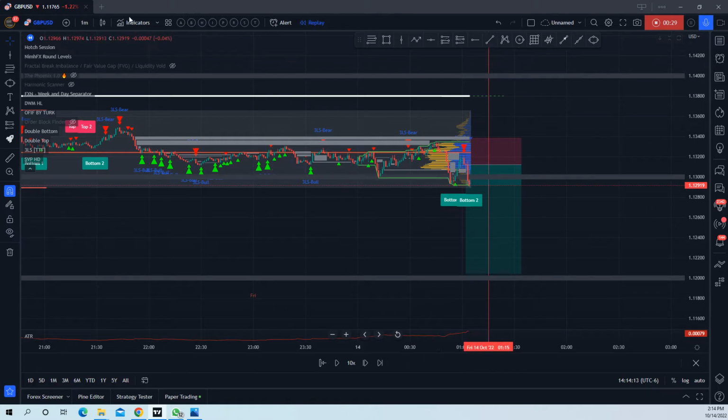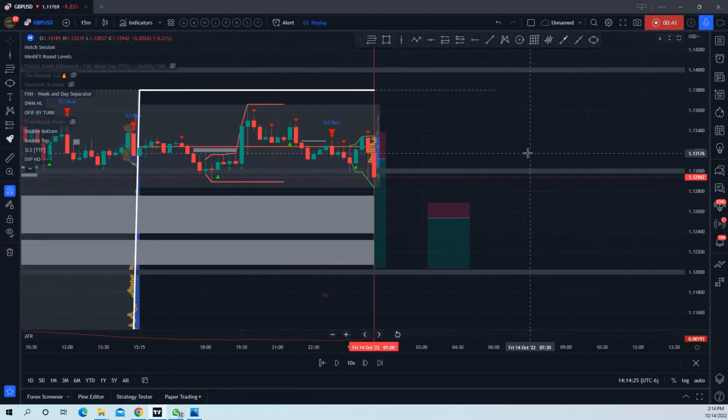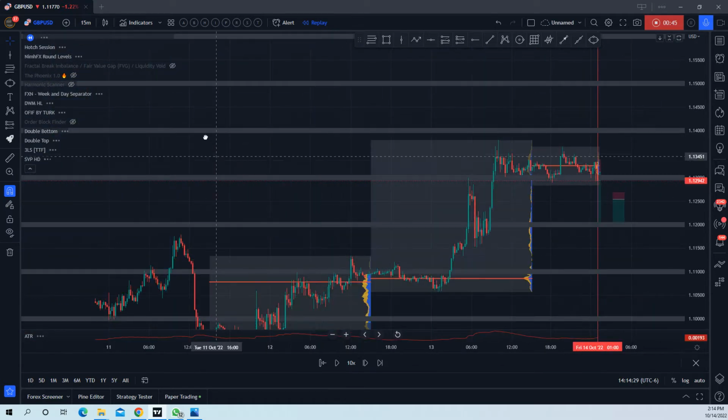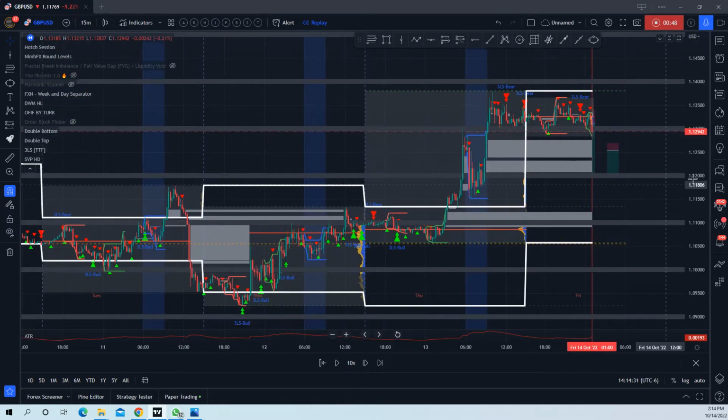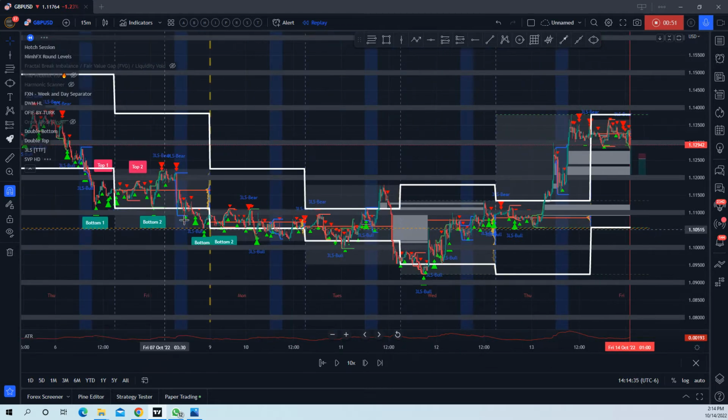So we'll just mark that out. Mark that out over here. Right. So let's go up to the 15-minute chart. A quick rendition then of how this trade unfolded. So Monday,